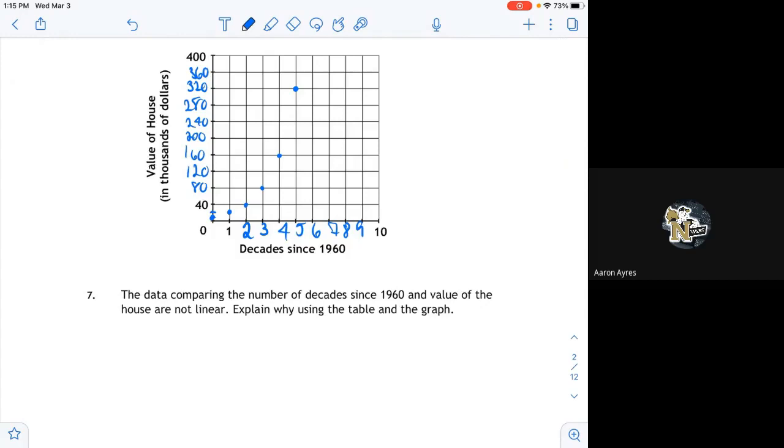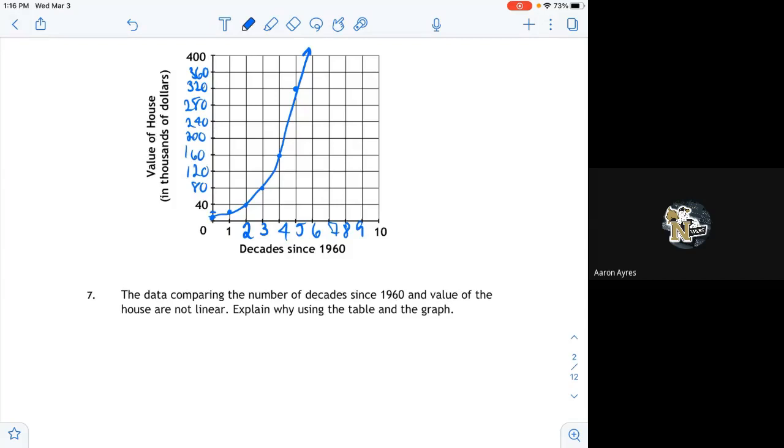Okay? Notice the graph is not a straight line. And theoretically, if you really wanted to, you could connect these points together. It'd be a little bit tricky, but you could do it. Something like so. What would be the next value after 320? 640. Okay? Everybody see how that works? Yeah. Okay? Very good. All right. So, are we okay with how this is all coming into play here?